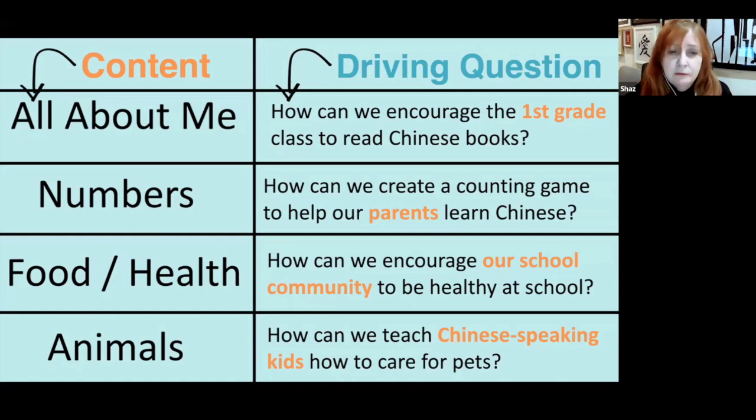And then again, food and health, the driving question, we've already looked at that. And then animals, maybe you're doing pets or animals topic. The driving question here is, how can we teach Chinese-speaking kids how to care for pets? Okay, so your audience are Chinese-speaking kids, and how can we teach them? What can we use to teach them? You could write a guide. You could write a script for a role play and do it on video, and you have a global audience,